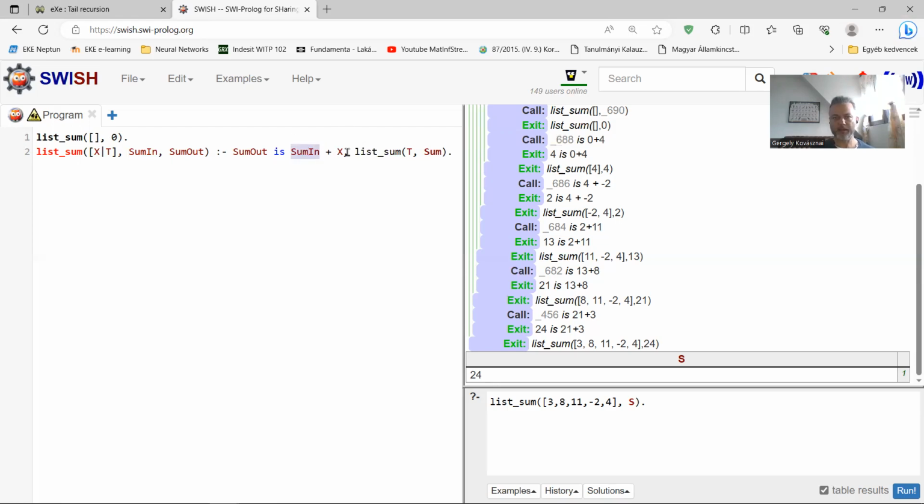So we add x to this input sum, and we calculate some partial result here. And this is what we are going to pass to the predicate call at the end as an input. Then this predicate call at the end will return the final result in the sum out variable, which we return from this rule as well.